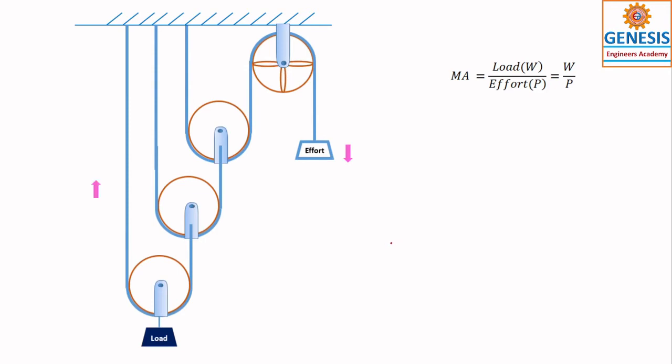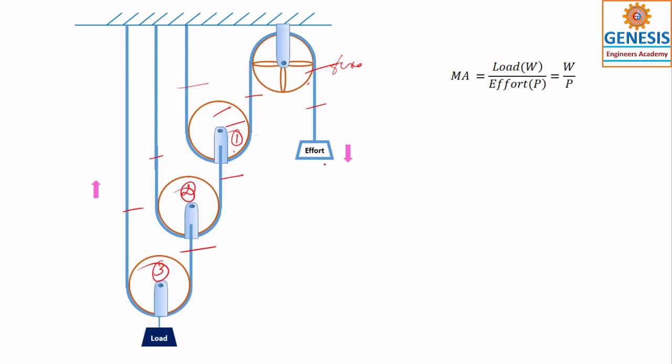So this is the first system of pulleys. In this case, it is one rope, this is another rope, this is another rope. So we have used 3 ropes. One rope is connected through this movable pulley to the fixed pulley. This is a fixed pulley, and these are movable pulleys. This is 1, this is 2, this is 3.